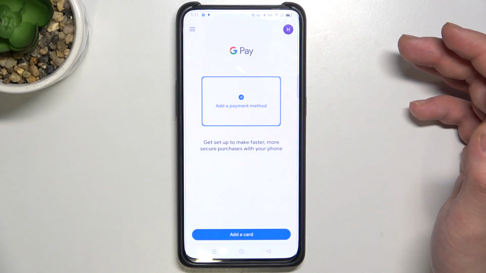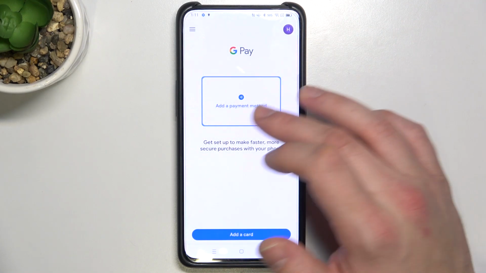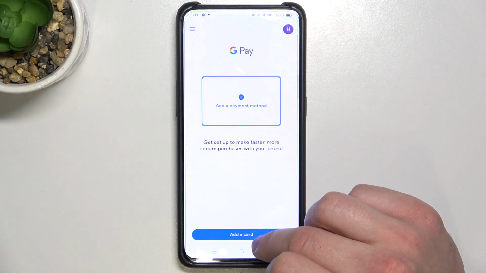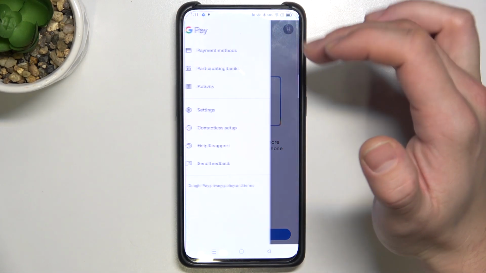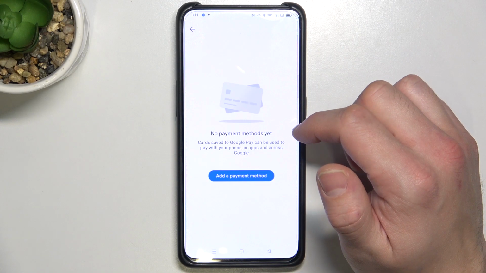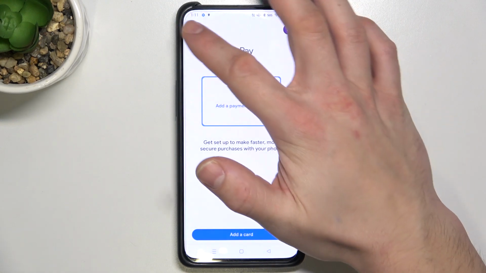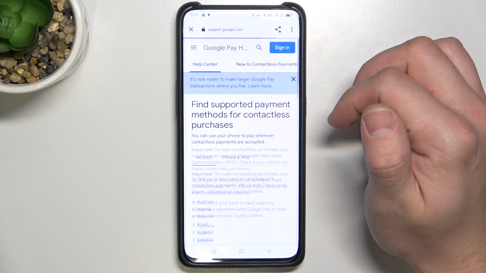And as you can see, this is the homepage of this app. From here you can add payment method and different types of cards. Next, we can manage all of our payment methods. Check full list of participating banks